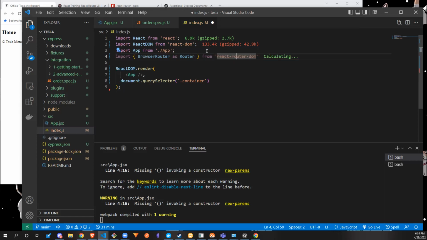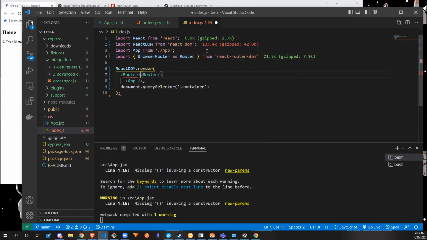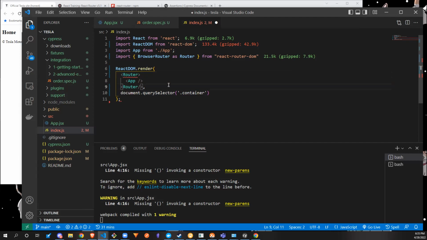So if I have this wrapped with router, and let me just move this up. Get rid of that comma. So we have our, why is that complaining? Oh, sorry. It's the slash router. There. So if I have app